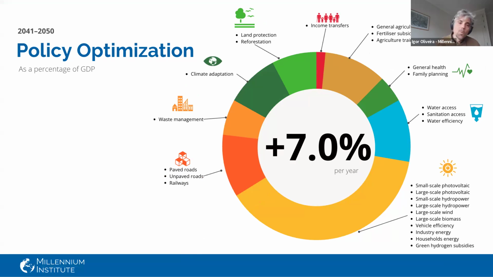And one very interesting finding from this study is that maintaining roads seems to be a very high return on investment in Brazil, according to our simulations. And one might ask, but how does that synergize with green hydrogen, right? Turns out that